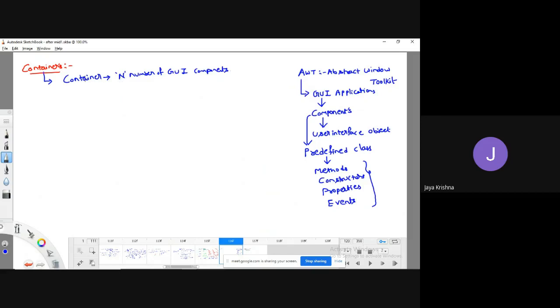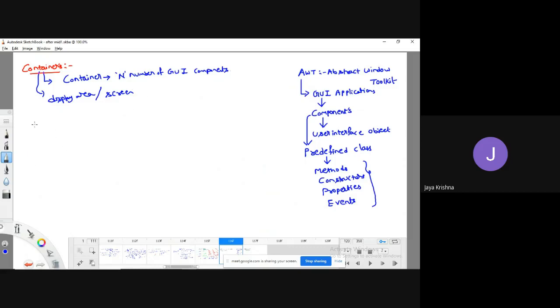In simple words, a container is simply a displaying area, or a screen, where we can place n number of components like buttons, checkboxes, drop down lists.